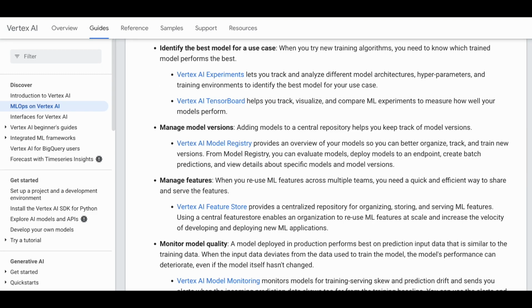Vertex AI MLOps can also help to identify the best model for a particular use case. You always need to know which model performed the best whenever you're training different algorithms or when you're using different machine learning frameworks. Two tools that help you in this regard are Vertex AI Experiments and Vertex AI TensorBoard. Vertex AI Experiments helps you track and analyze different model architectures, hyperparameters, and training environments to identify the best model for your use case. Meanwhile, TensorBoard is mainly focused on tracking, visualizing, and comparing machine learning experiments to measure how